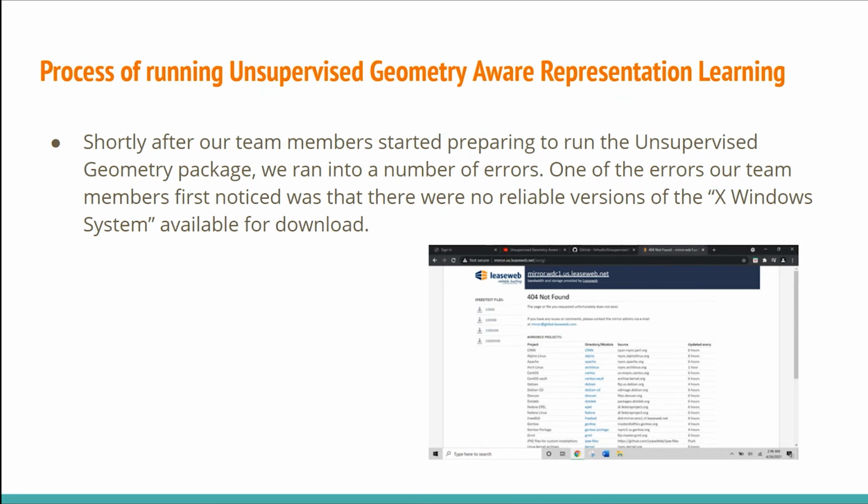After we started to prepare to run the package, one of the first errors we came across was trying to download the X Windows system, which is a windowing system for bitmap displays. They can be manipulated with a mouse or with a command prompt, and it's useful for developing apps that use a GUI environment, a graphical interface. And there aren't really any reliable links on the website pictured